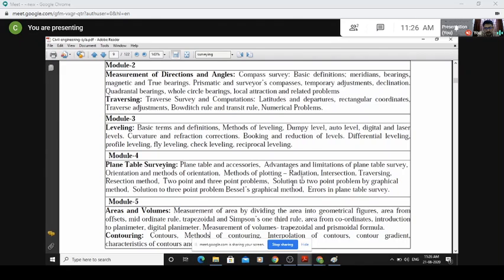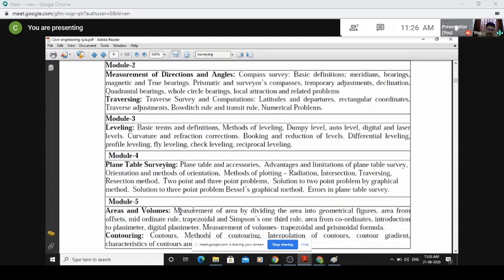So you find that initially we put soil there, right? So that soil volume is required. How much volume of soil is required for the construction of the road? For that you need to know how to measure the volumes. So that is why areas and volumes are very important for civil engineers.